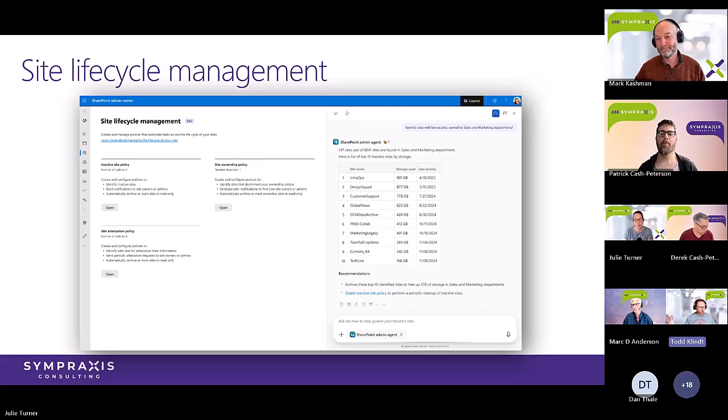For years, all of us at Sympraxis have preached to our clients and to people at dinner parties and all that, scale SharePoint by site. Everything should be a new site. However your business works, if it's clients or projects or products or whatever, every one of those things should have its own site. SharePoint likes that the best. Microsoft has developed the product to scale that way. Permissions and quotas and all these things all go by site. So scale by site. The problem with that is it adds an administrative overhead and it adds a little bit of mess for users. So this screen helps you get back some of that administrative time.